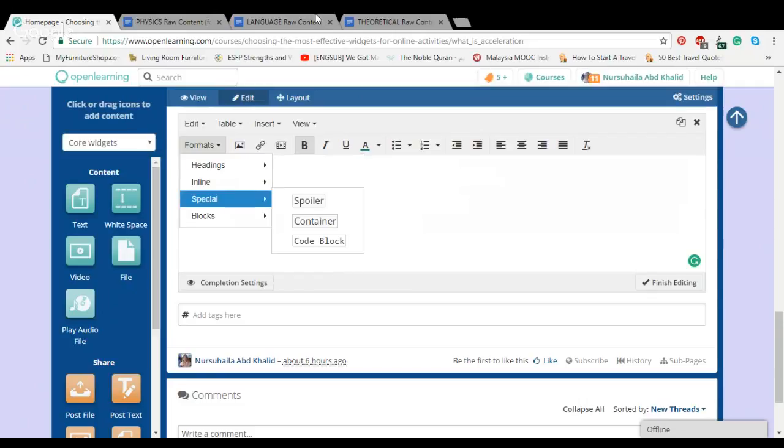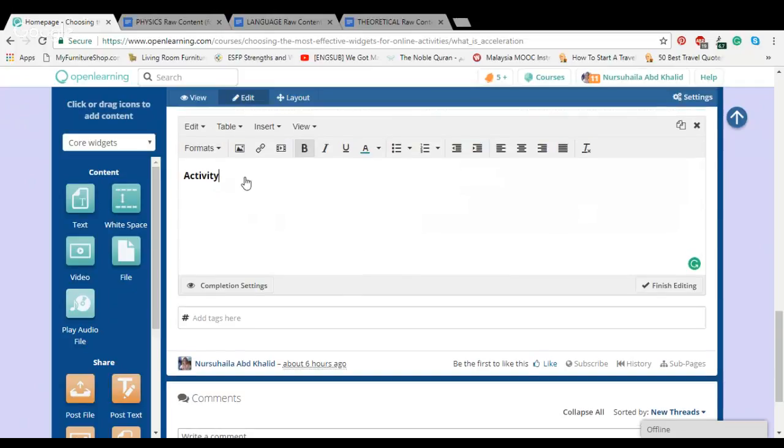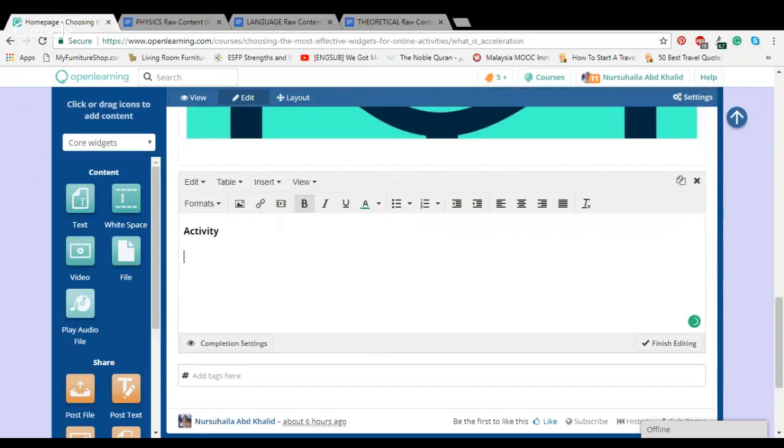Okay. So here, in terms of the activity content, let me just show you how. So let's say for this activity, the instruction is like, now that you've understood how to calculate,